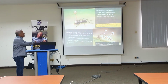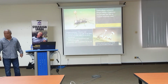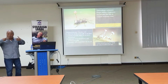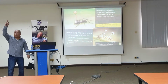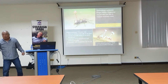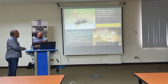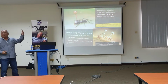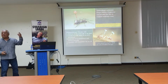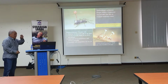Yang ini lagi bagus, dia dengan fungus ni. The fungus would produce some chemical that makes this ant jadi zombie. Bila chemical yang masuk dalam ant ni, the ant dari atas pokok sana jalan turun macam zombie. Okay? Kenapa dia turun? Pasal dia akan cari the leaf on the north side of the plant where the sunlight comes in, and chomp a leaf dengan